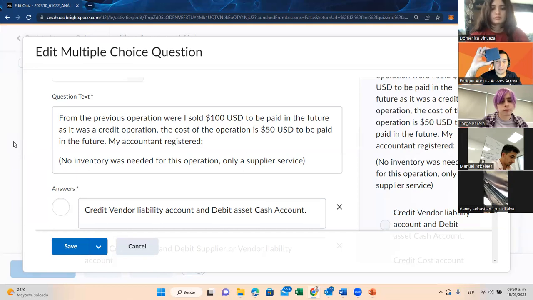Is this related to the selling process? Yes. So it is a cost, the cost of operation. Is it in the debit or credit? That's debit. Perfect. And the credit, we're missing the credit. It would be